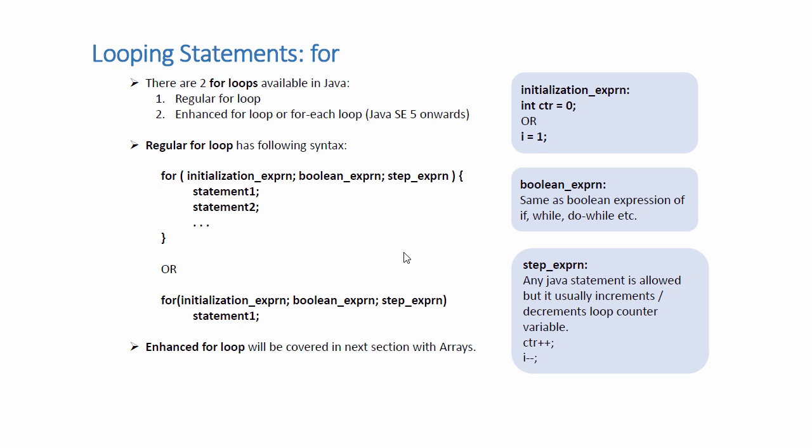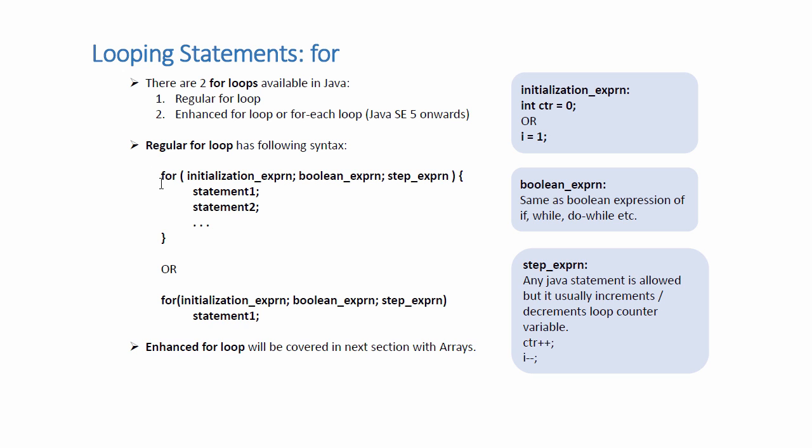A for loop is usually used to execute a set of statements a fixed number of times. There are two for loops available in Java, regular for loop and enhanced for loop or for each loop. This is available JDK 5 onwards. I will cover regular for loop in this section and enhanced for loop will be covered in the next section with